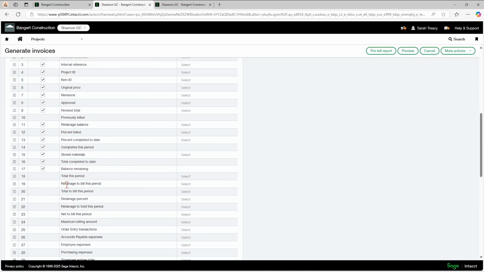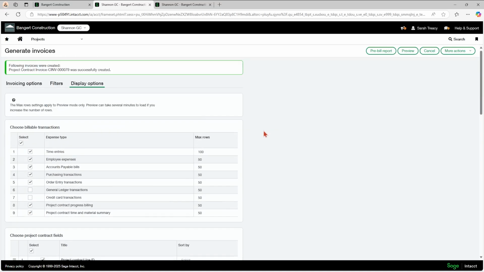So retainage to bill this period and retainage percent were two that I specifically looked at there, and I wanted them to be at the end. So let's say yours are at the start or something like that, then you need to move them around. You just put your cursor over those 3 little lines and you move it around whatever way makes sense so that it appears correctly when you go to bill for your retainage. So the display is how you would do that.